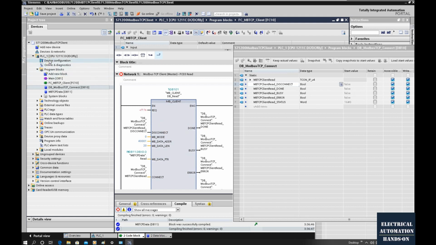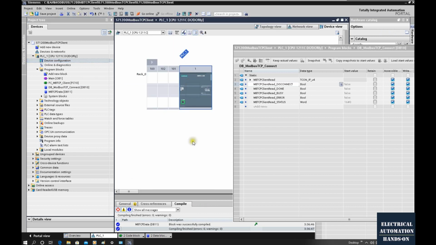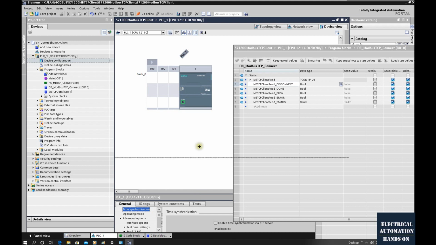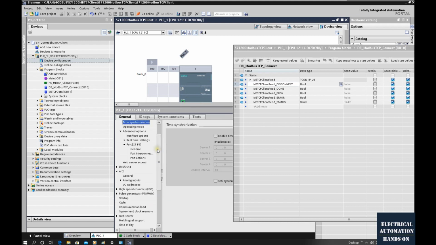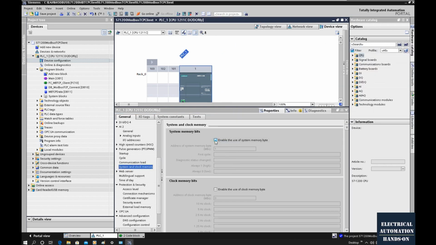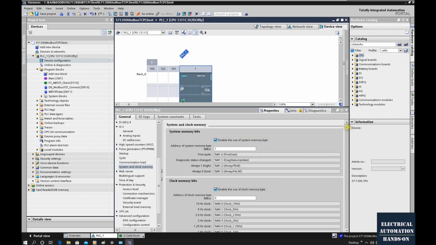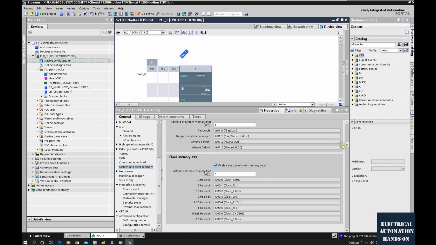If we double click this device configuration, double click this controller property, and scroll down here, the system clock. If we enable this checkbox, for example, if we are using this 1 Hz clock, we can directly use this M0.5 1 Hz. Okay,